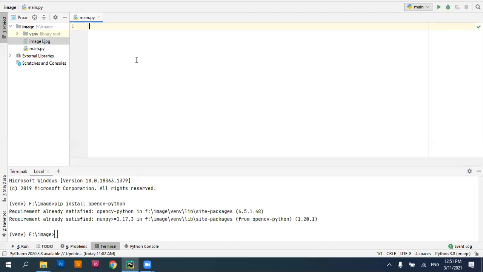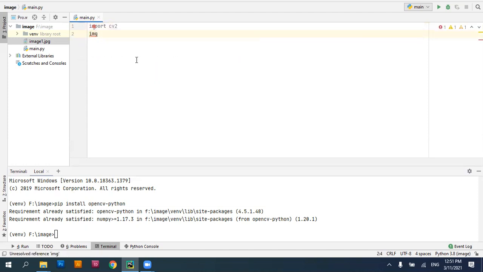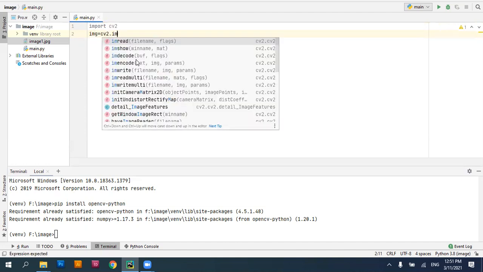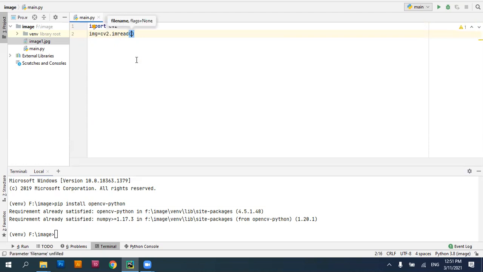Now I'll be importing a package here: import cv2. I'll be taking img as a variable, and I have an inbuilt function called imread, which will read an image by taking a file name.